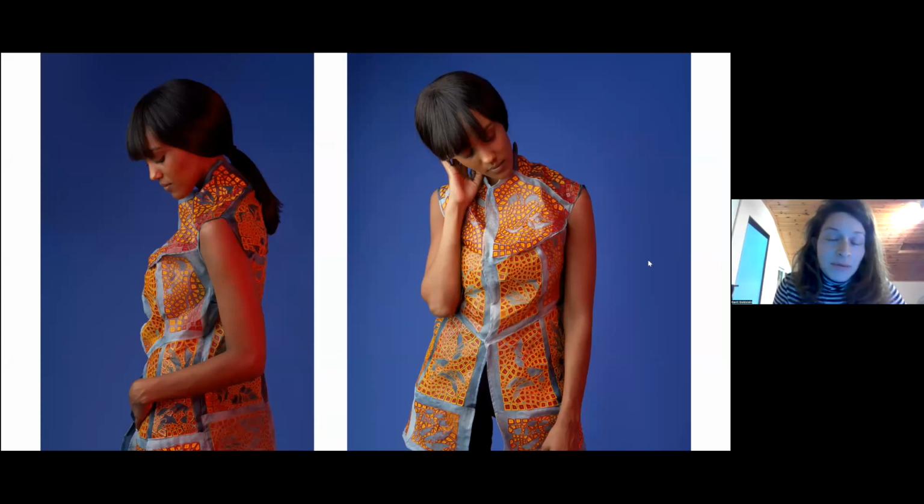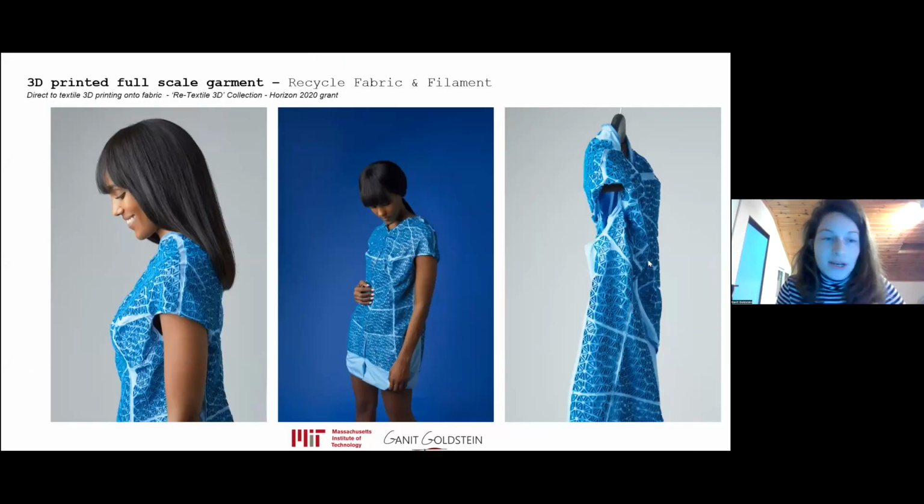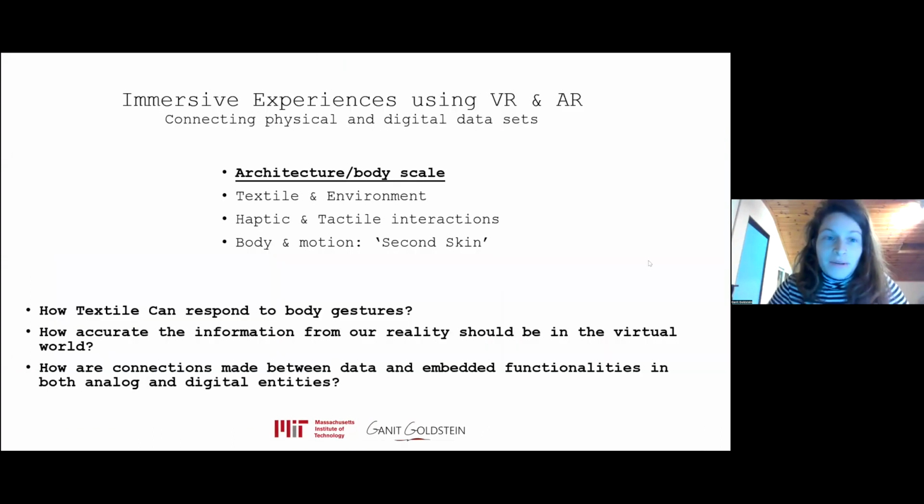But it's also about trying to reverse engineer the body form and translate the relationship between areas in the body into the construction of a garment. So what does it really mean to have an immersive experience using VR and AR?